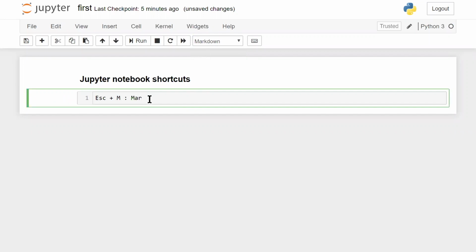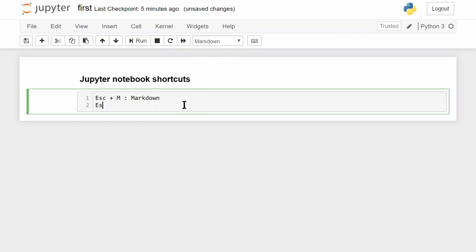And if you want to move the markdown cell or kind of a comment cell back to the code cell, we have to press Escape and Y. So this will turn it back to the code cell. You can also use the mouse to toggle this to a code cell. Whenever it's a code cell, you'll see the input number coming here. Otherwise, it will not appear. So code to markdown and markdown to code is very important.